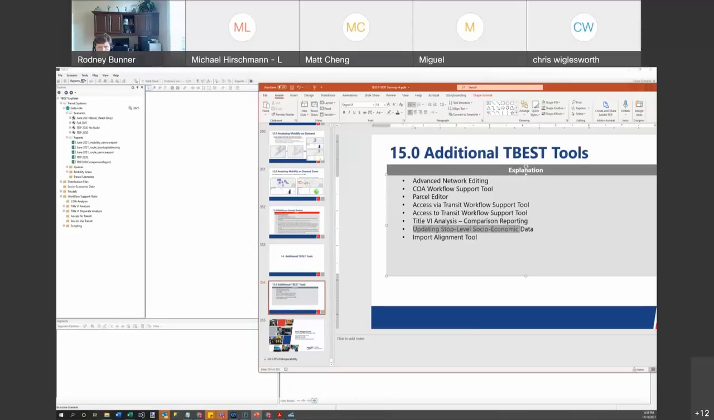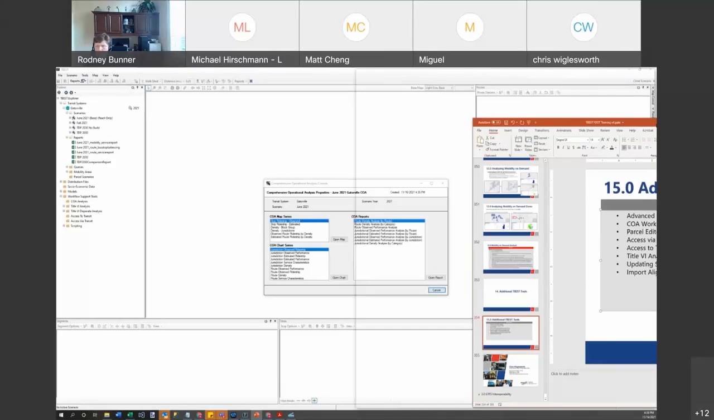Updating stop level socioeconomic data. I think this is a really, really important one, but I will actually go to this one first because it's the easiest thing to get to and show. And I want to show that to you. So what we'll do is,